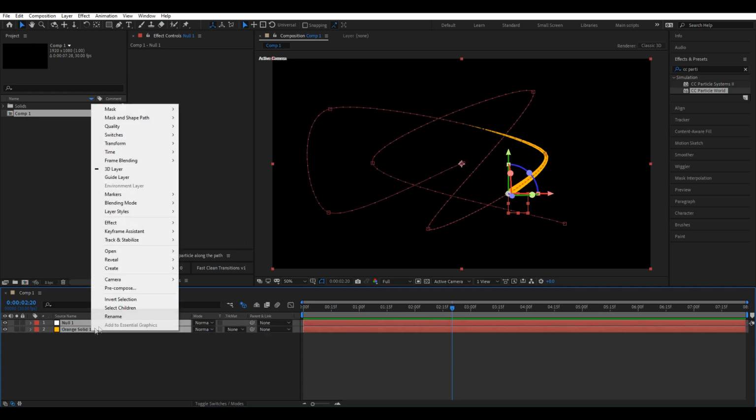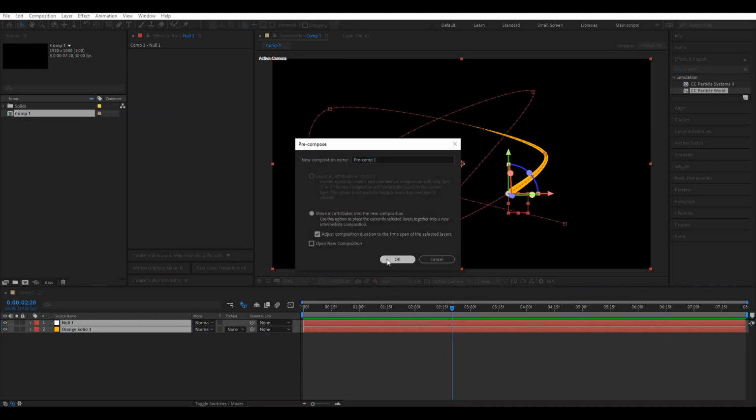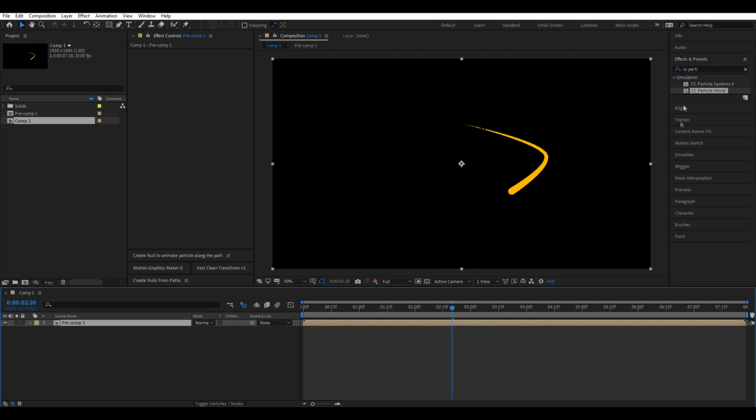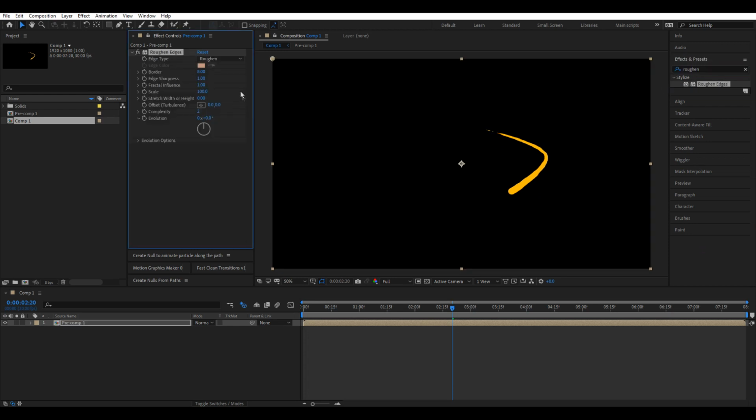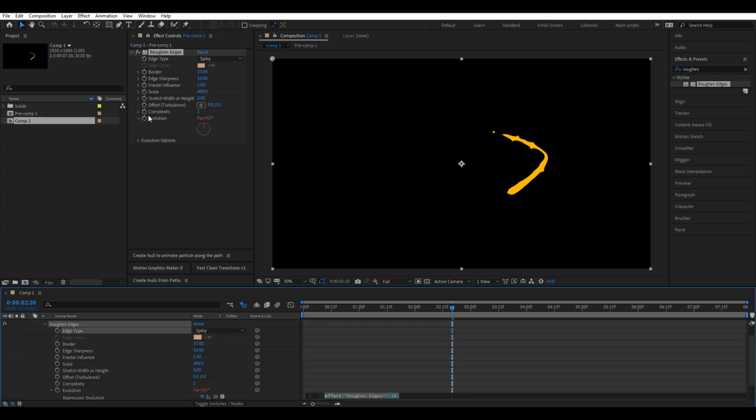And now let's pre-compose our stroke and apply effect called Roughen Edges. I'm gonna set border to 15, sharpness to 10, scale to 400, and set edge type to spiky. Now I'm gonna write expression time multiplied by 10 for evolution